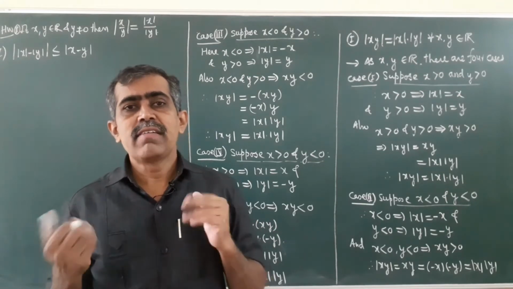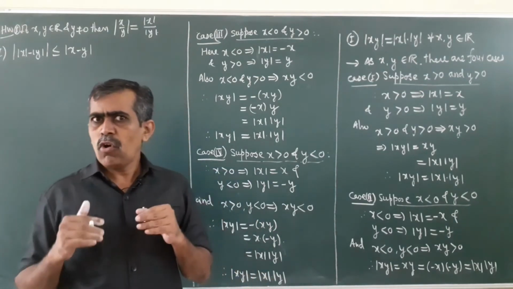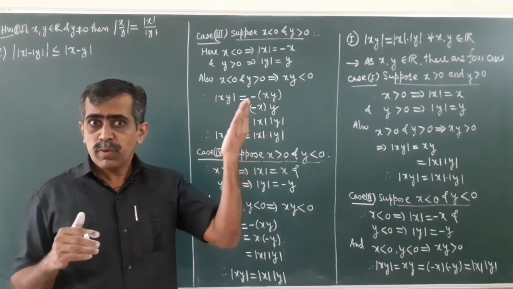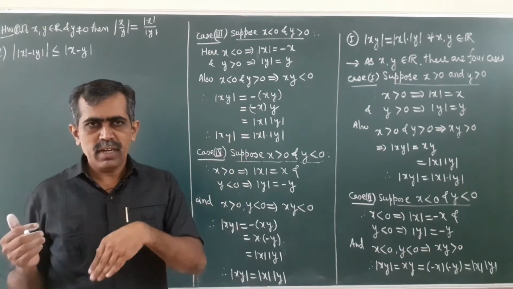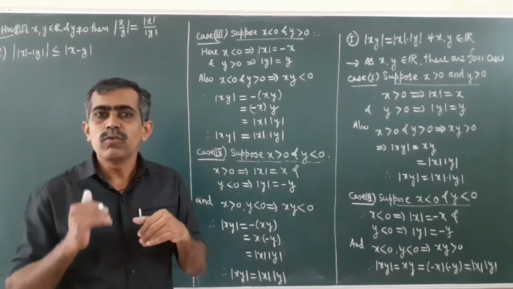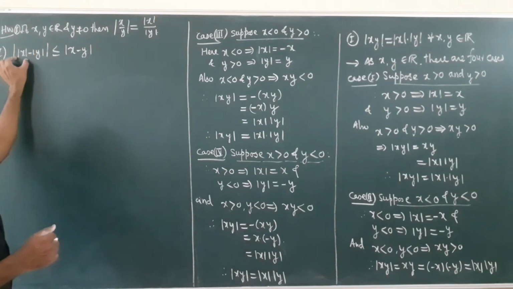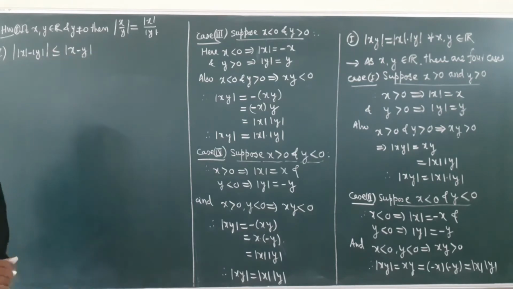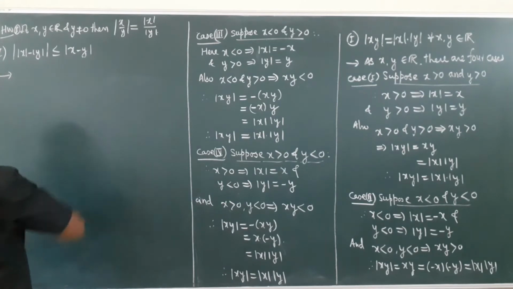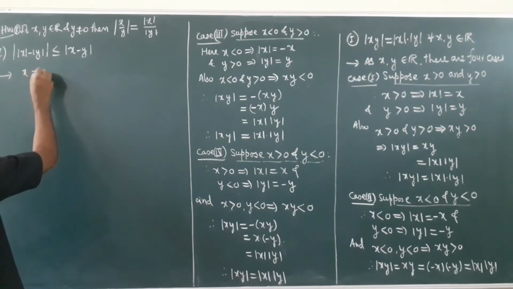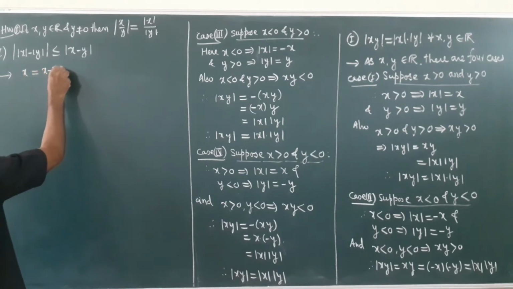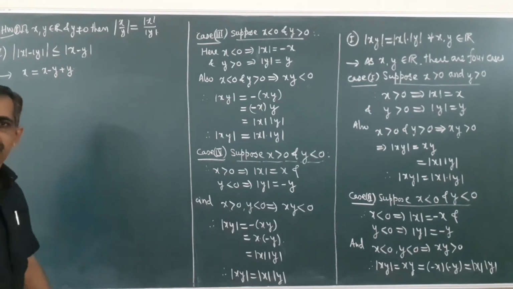Suppose I consider x as minus 5, and if I take mod of minus 5, it is 5. Originally it was minus 5. So what I did is I increased its value from minus 5 to plus 5. So if you increase the value of the real number and then take their difference and then take its mod, it is always less than or equal to modulus of their difference. See how we can do this? So simple. See here, I may write x as x is equal to x minus y plus y, right?